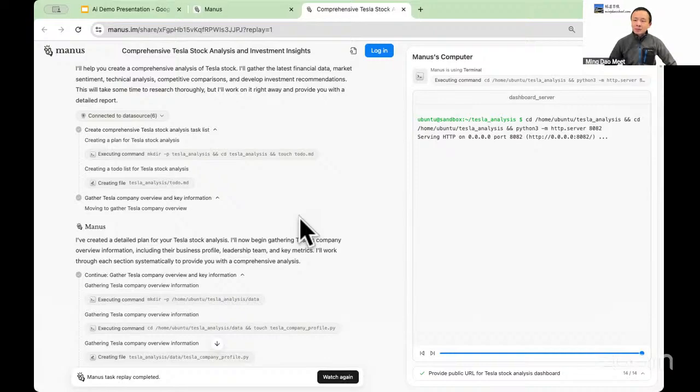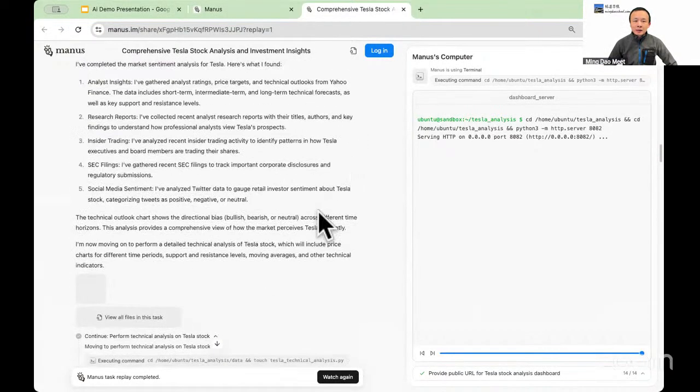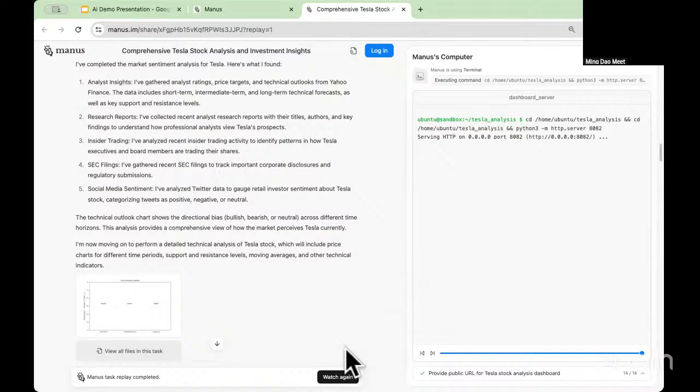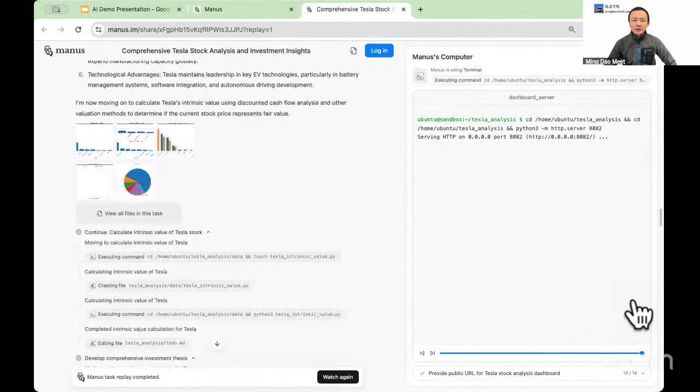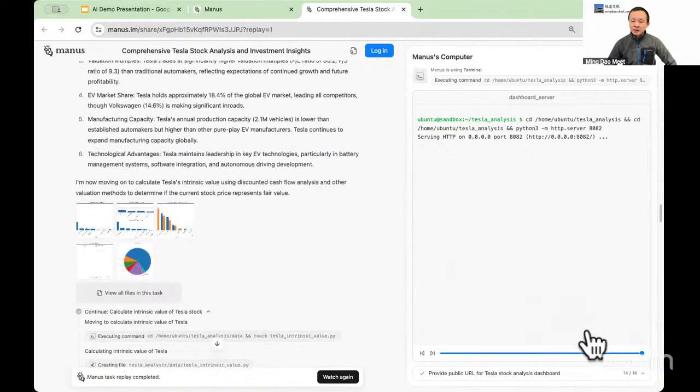There are also some steps where they actually write Python code to do the analysis.